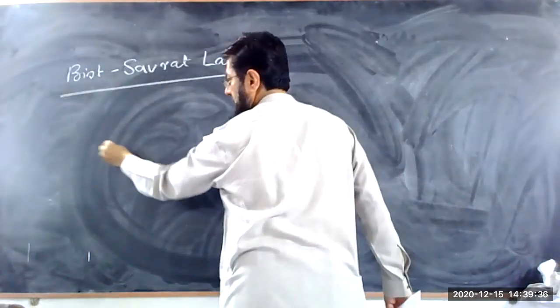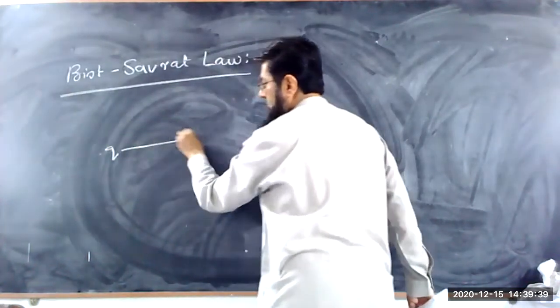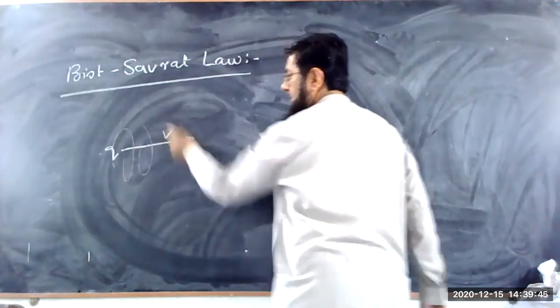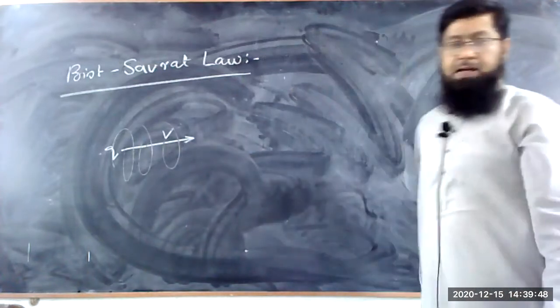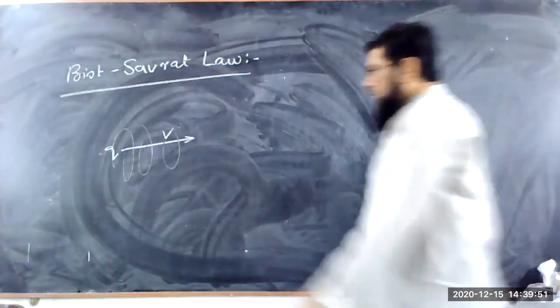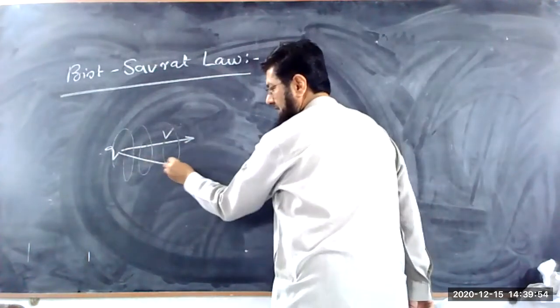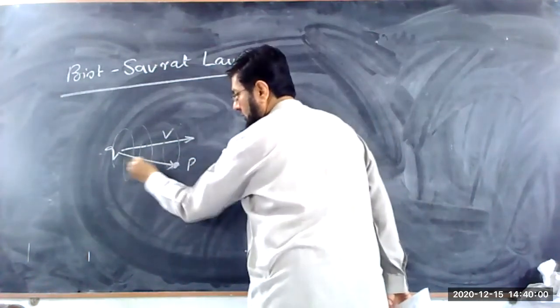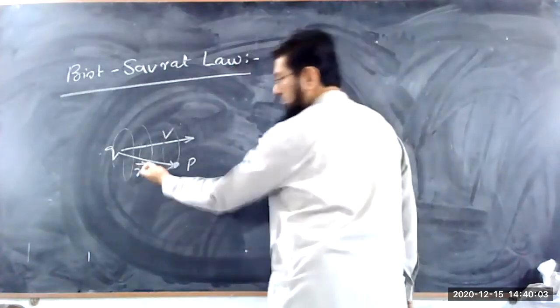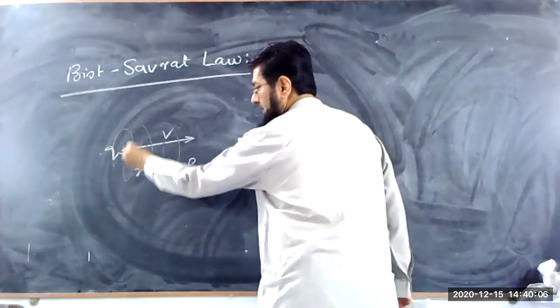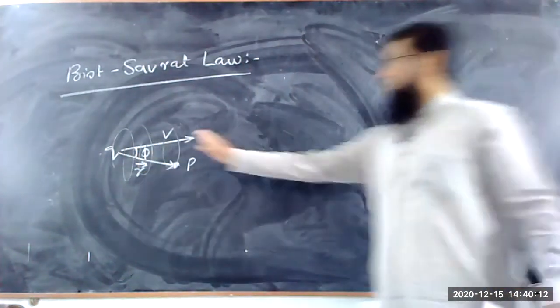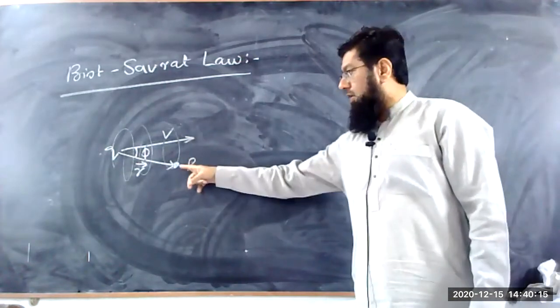So according to the Biot-Savart law, if the charge q is in motion, moving with the velocity v, it can generate its own magnetic field around it. If the charge is moving, it will generate a magnetic field around its motion. So here, at any distance, let's say this is the point P, which is designated by a vector which we call the position vector, and this position vector at the point P is making a certain angle φ with respect to the direction of the motion of the charge, or with respect to the velocity. Then we have to calculate the magnetic field.